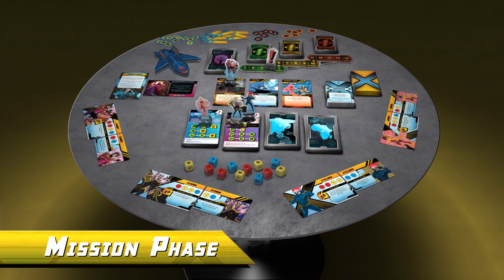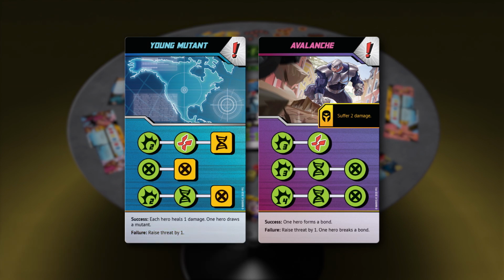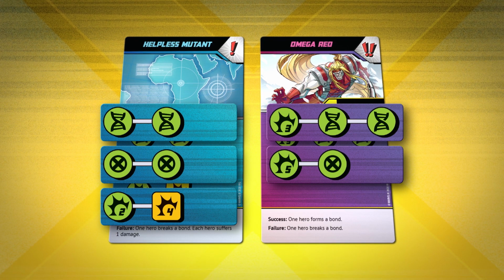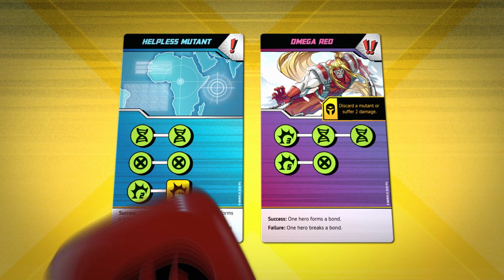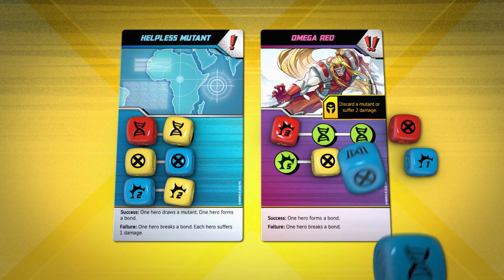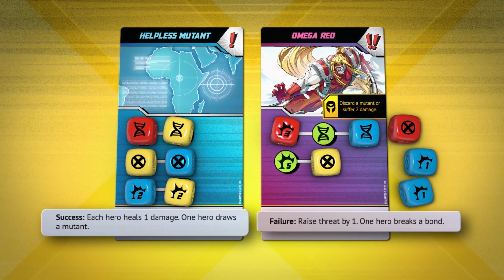During the mission phase, the heroes attempt to complete the missions they have deployed to, one at a time, until those missions have been resolved. Each mission has rows of icons. Each row represents an objective, and each icon represents a requirement. To attempt missions, the heroes roll dice and try to cover all of the requirements printed on the mission with matching dice results. At the end of their attempt, the heroes either succeed and receive rewards or fail and suffer